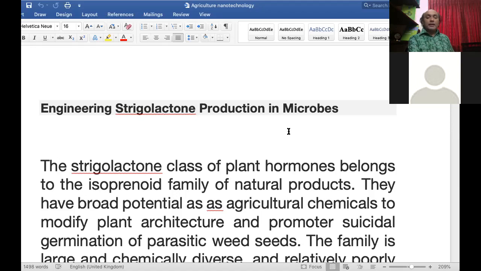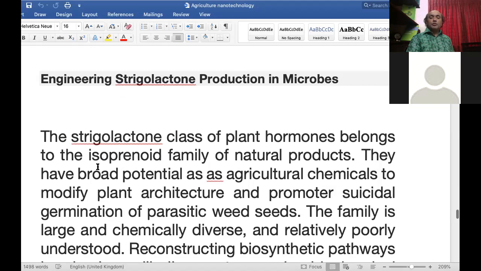And striga is biosynthesized by plant, and scientists are now thinking to produce this striga by using microbes. So striga class of plant hormones belong to the isoprenoid family of natural product. Isoprenoid, terpenoid family. Terpenoid is the largest class of